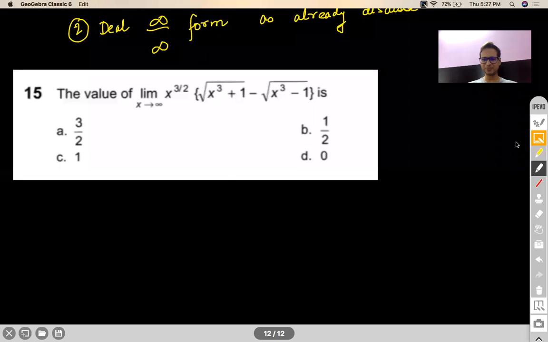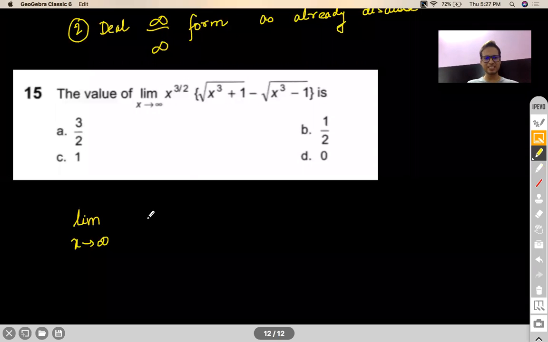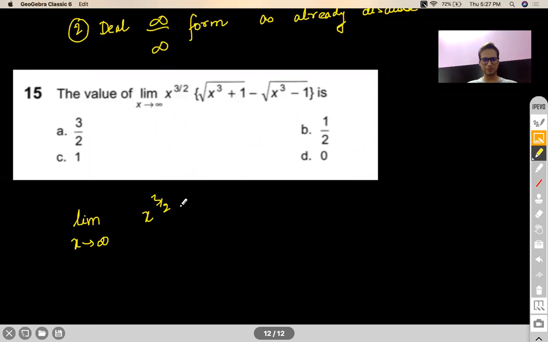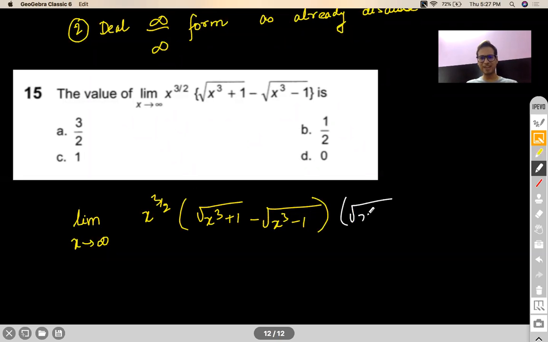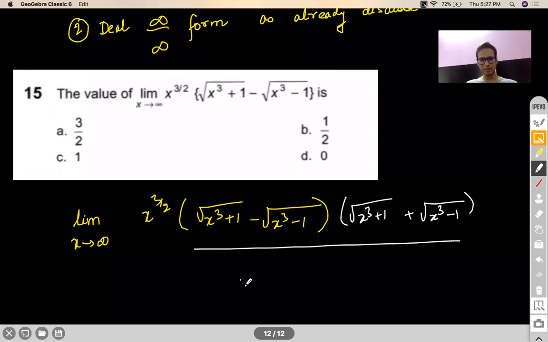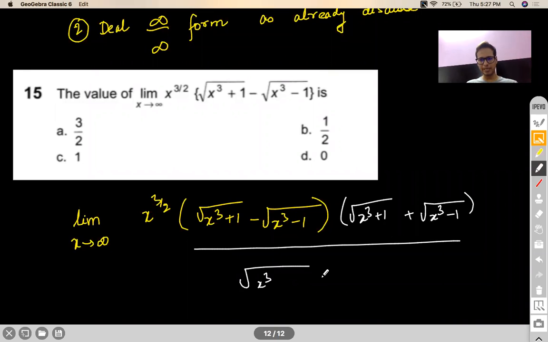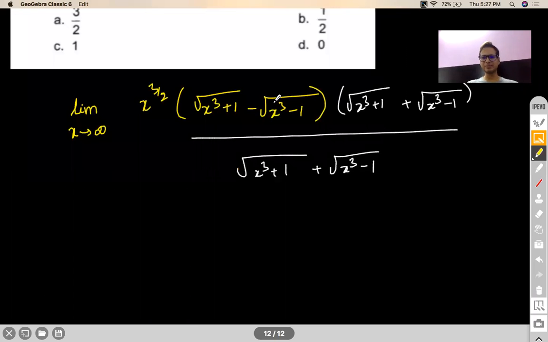Okay, let us check. See, the first thing that we are going to do is, as I told you, you have to convert infinity minus infinity to infinity by infinity form. Correct. So for that, I would rationalize the numerator. I will multiply and divide with its rationalization factor, which is this term. So numerator will get rationalized, a minus b, a plus b kind of an expression. So that will give you a square minus b square. A square minus b square will give you a 2. Correct me if I'm wrong.